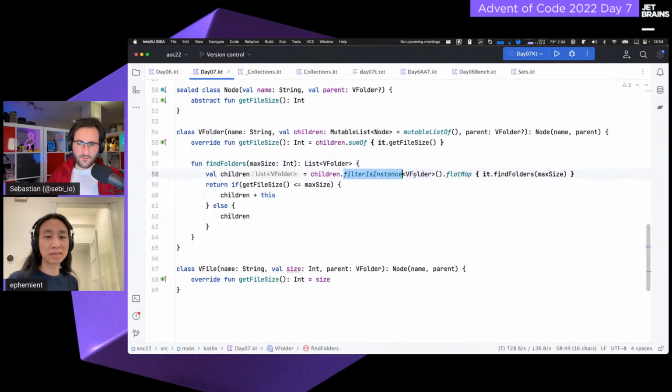So we're just looking for everything that's a folder, because we're not interested in files anymore. And we're going to go through recursively and find any other folders within those folders that still fulfill the max size. Now, this is what was described in the problem statement, as well as you might be counting the same file twice based on your directory structure.